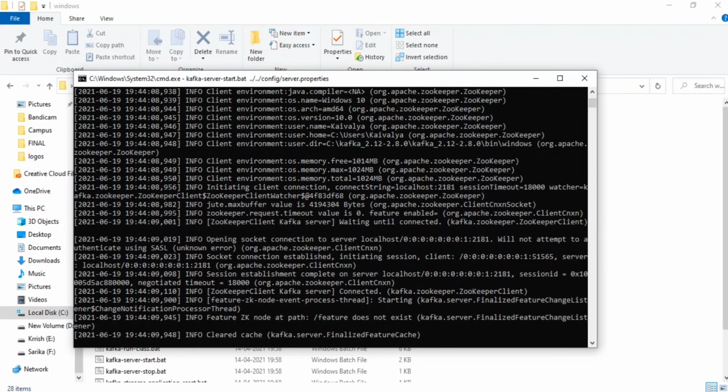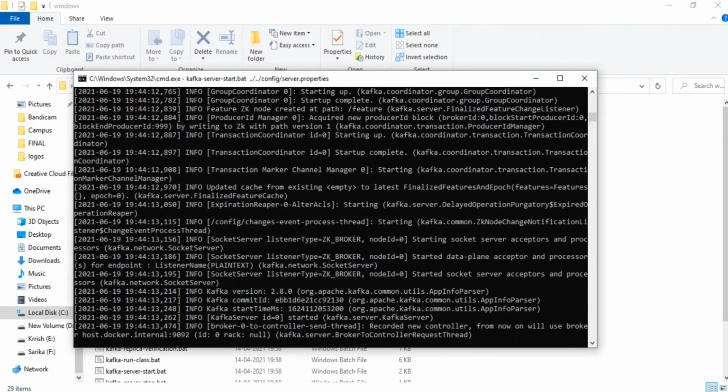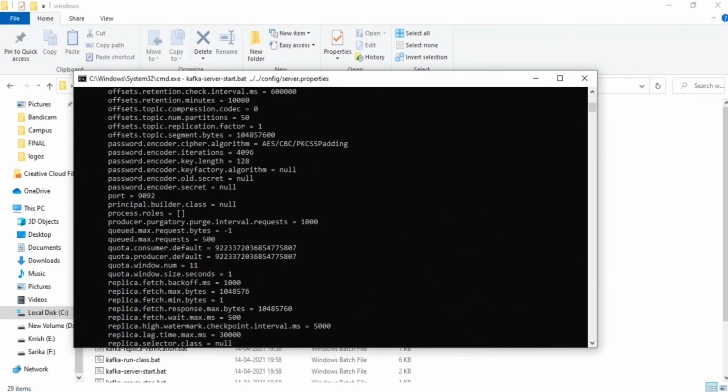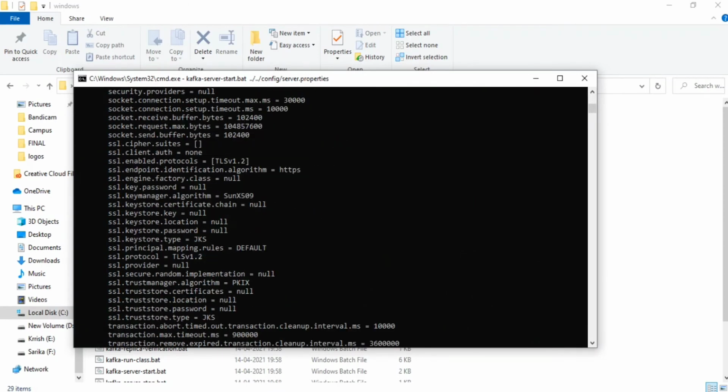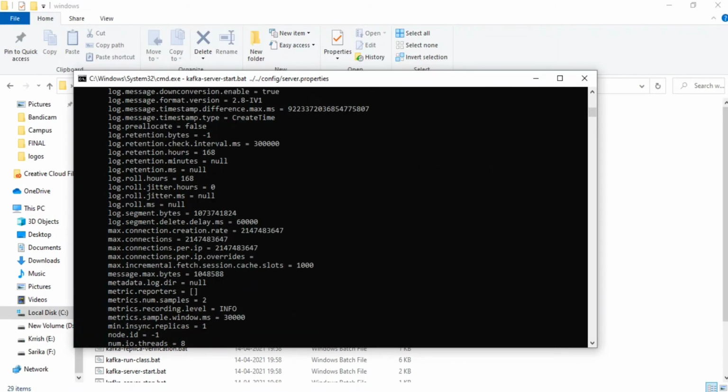Okay, so Kafka is now getting started. So we'll see once it starts. If you see, guys, it has assigned a node ID for the node itself, and the broker details are also available in the logs. That means our installation is successful, and Zookeeper is running, and your Kafka is also running. These are the properties being set up for running Kafka on this machine.